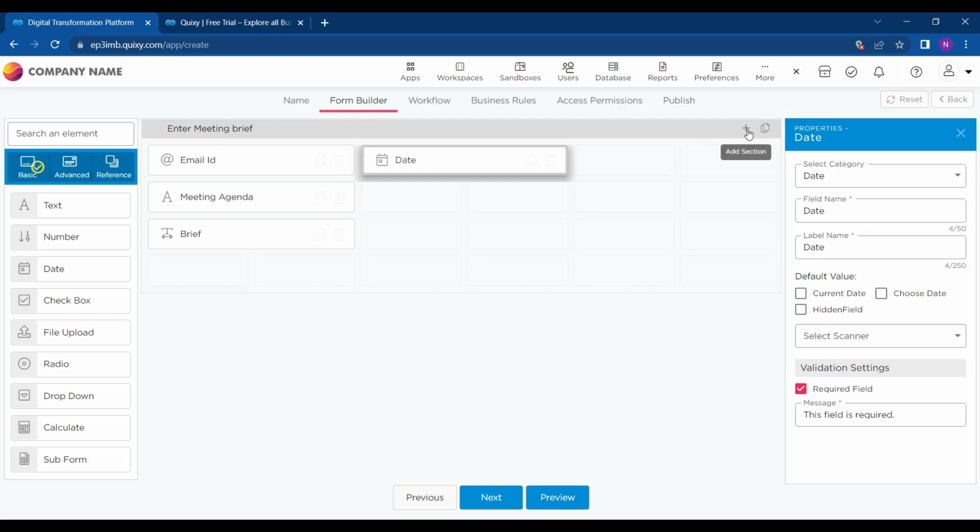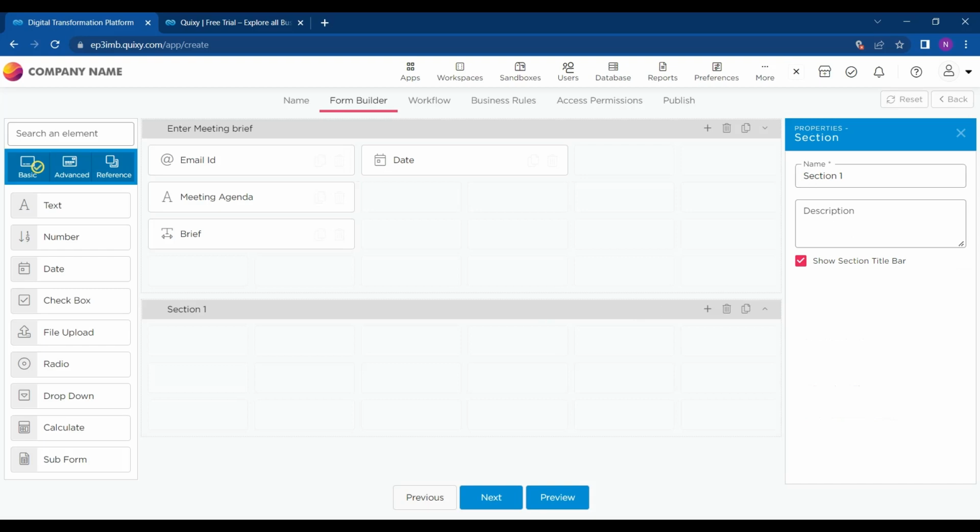And I'll create one more section, and I'll name it as manager's remark. So after viewing this meeting brief, the manager can either tell the employee to add certain points or just leave it with a good remark or an approved or seen remark. Okay. So I'll just add a text to it